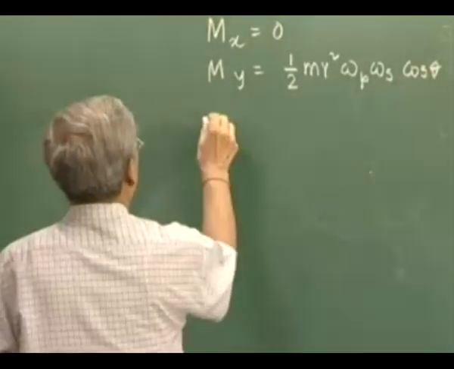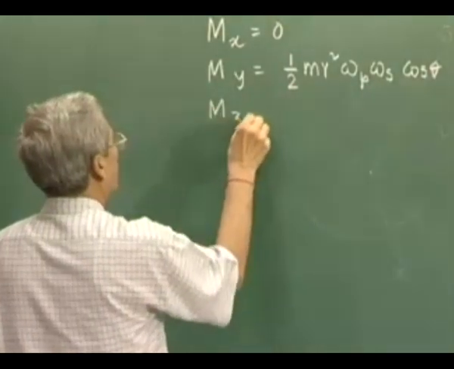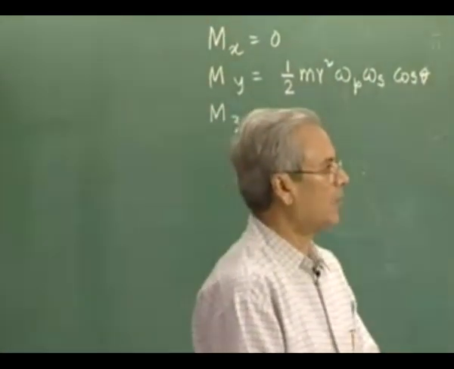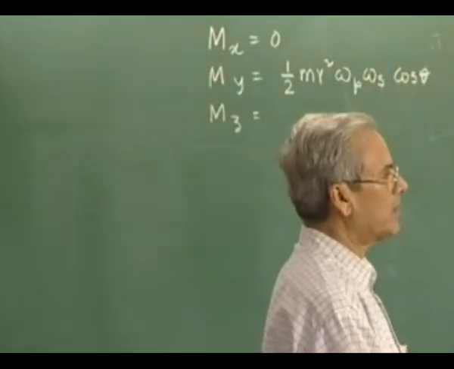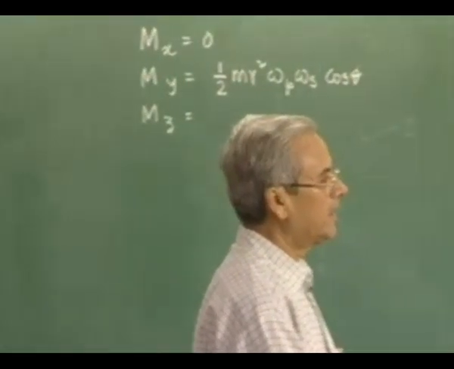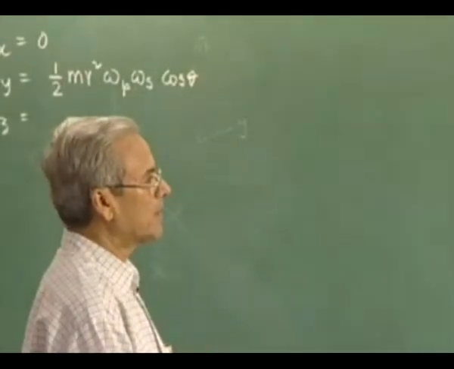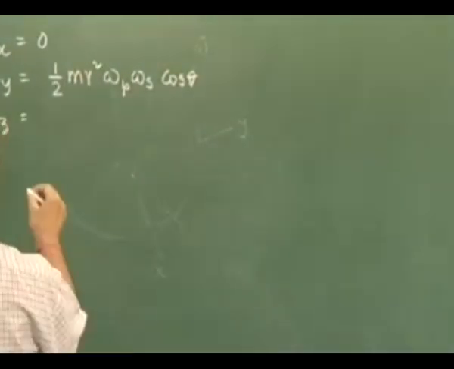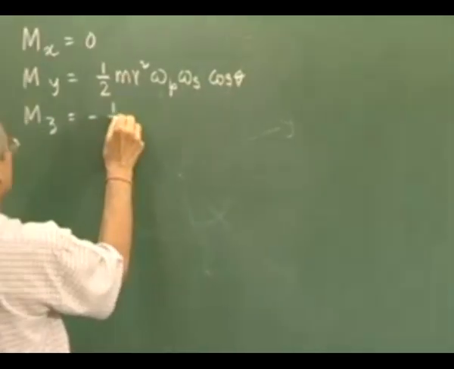and similarly M_z is, I_zz is 1/4 mr². So the first term is minus 1/4 mr² ω_p ω_s sine θ. Second term also becomes minus 1/4 mr² ω_p ω_s sine θ. So the whole thing becomes